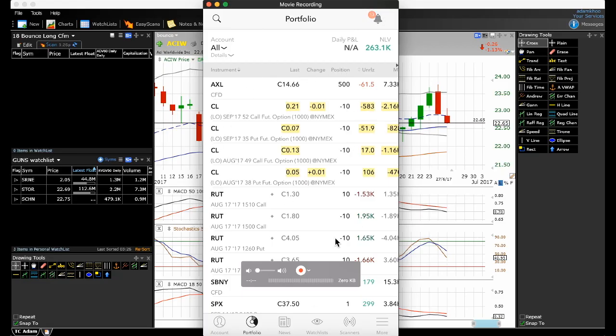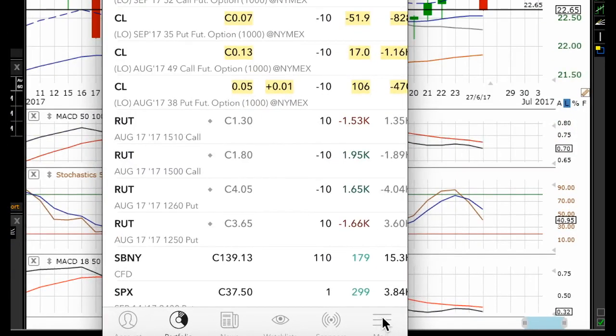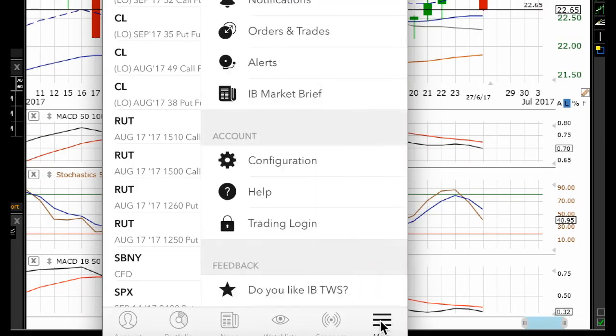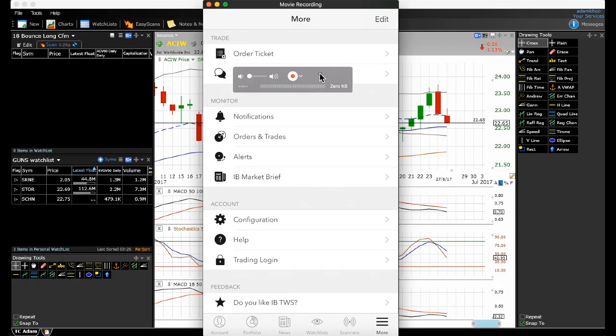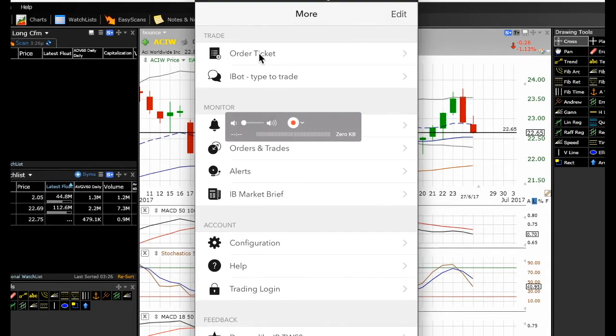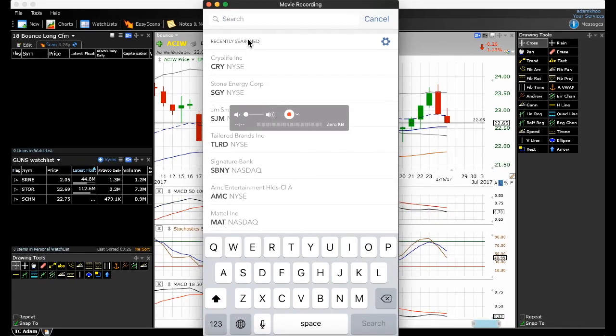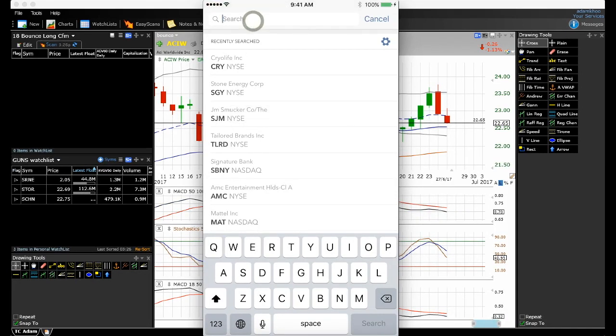Okay, I know it looks a bit confusing. These are all the current positions I have, but let me just show you what you need to know. So in this app, how do you key in an order? You have to go to More, click on More, and click on Order Ticket to order a specific stock. So I'm going to click on Order Ticket, and again I'm going to key in ACIW. Enter,